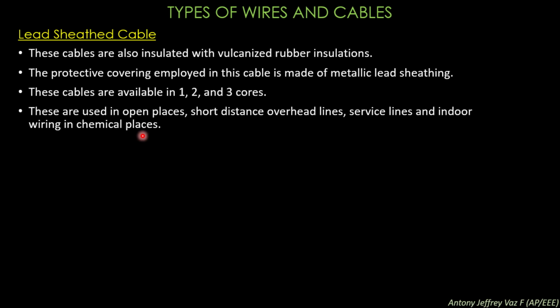So, in chemical factories, these types of cables are being used as a protective material which will give very good resistance to the alkaline and chemical components present in the industry. These cables are available in 2 or 3 cores. The lead sheathing over the cable provides extra support and good resistance for the cable to be bent or turned like a U, etc.